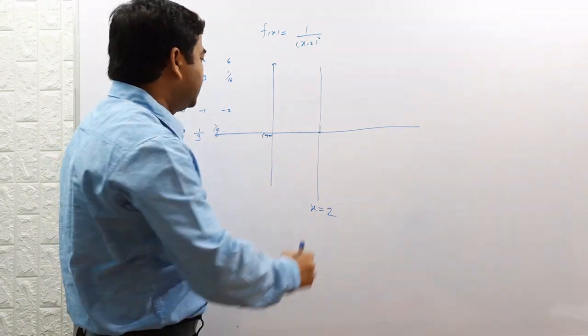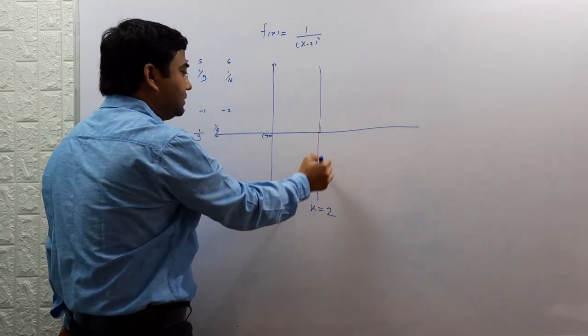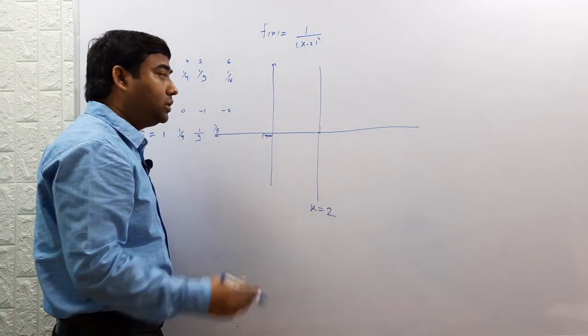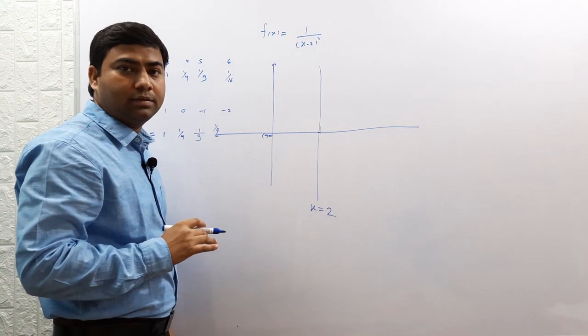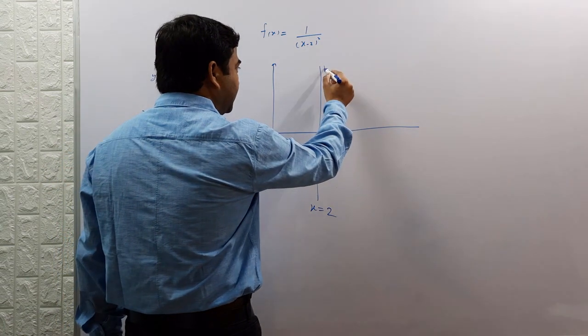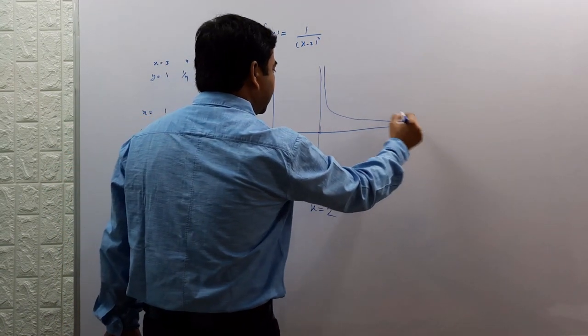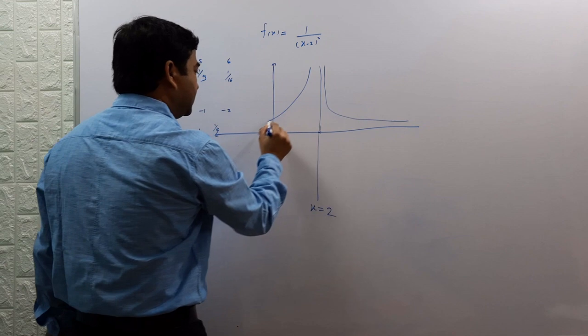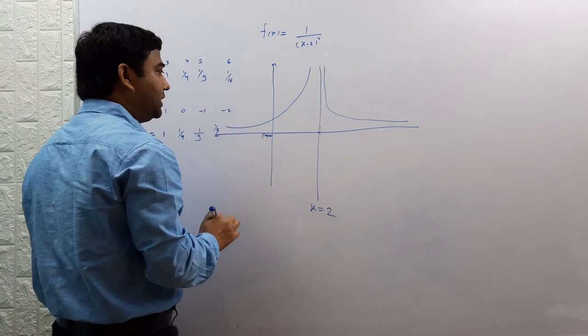Third thing, these lines are not touched by the function, never touched by the function. So the probable shape of the function is this. This shape you will attain